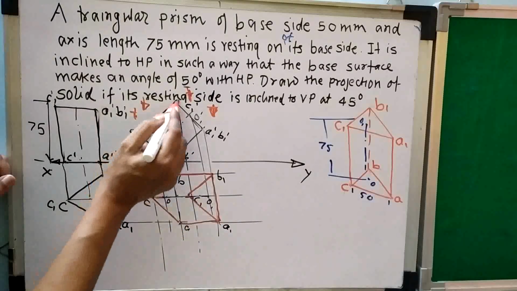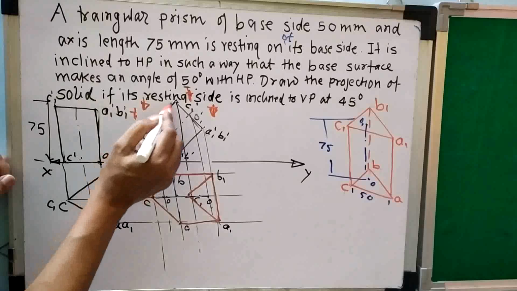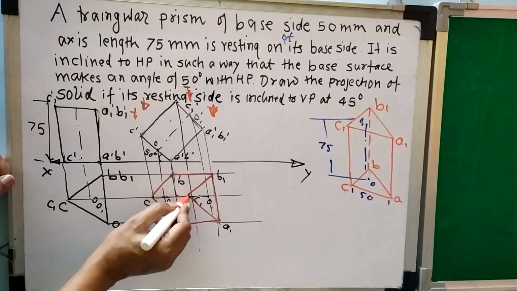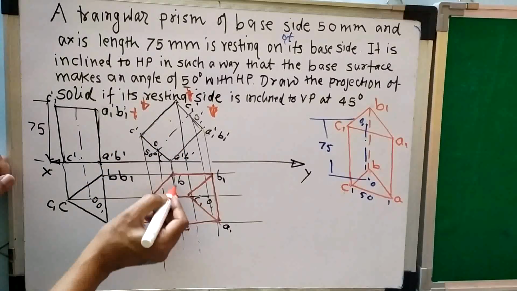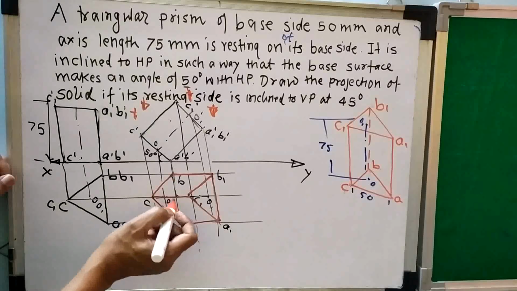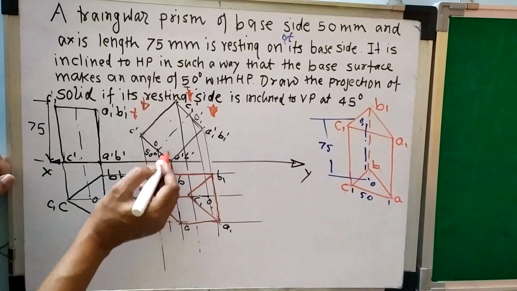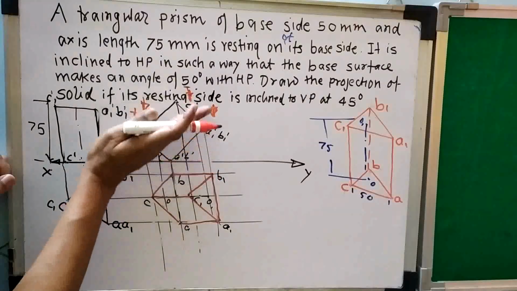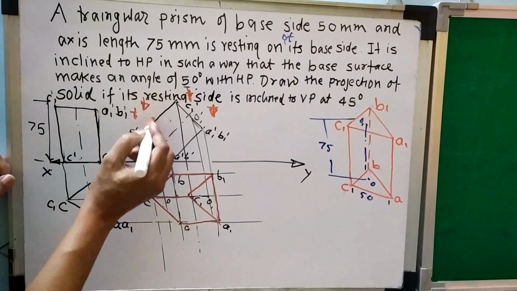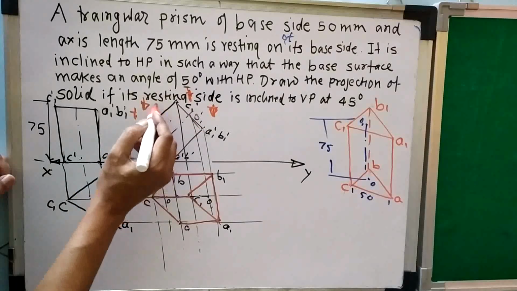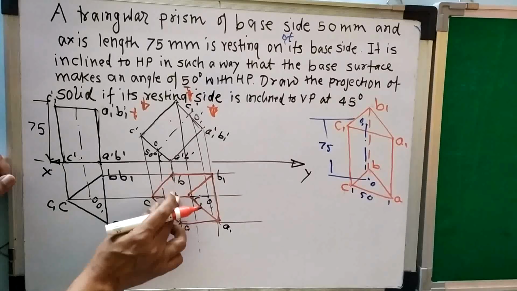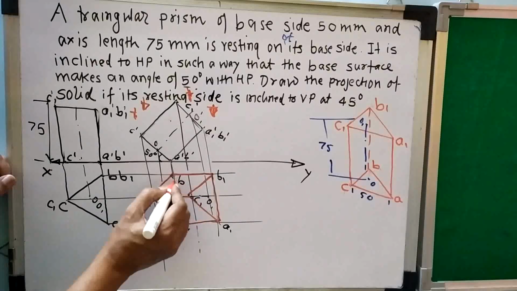Then what do you think about the CC1 edge? This CC1 edge is also dark. So this CC1 edge I will make dark. Now only one edge is remaining, that is AB. Now what do you think about this AB? AB is at the bottom. It is far away. It is not observable from the top. So this AB will be a dotted line.